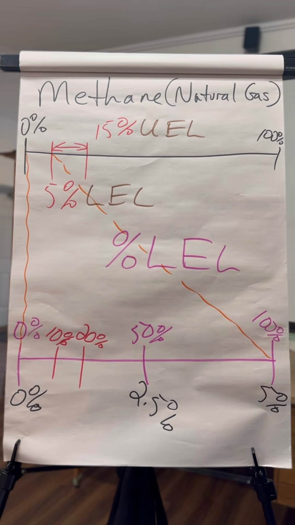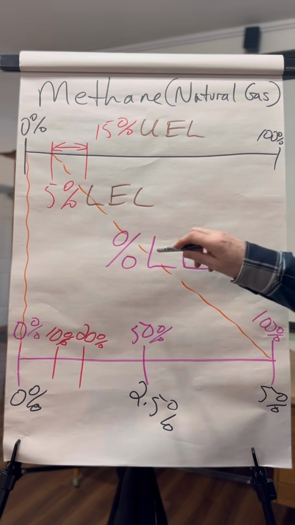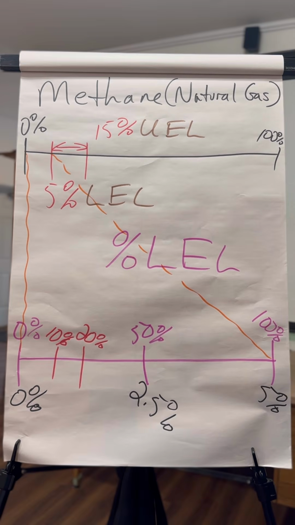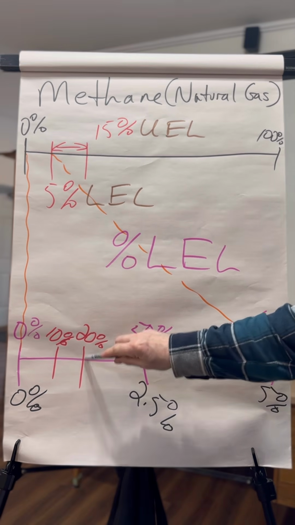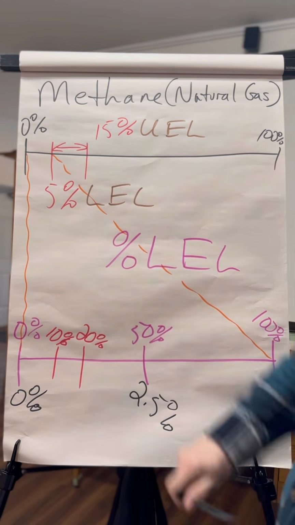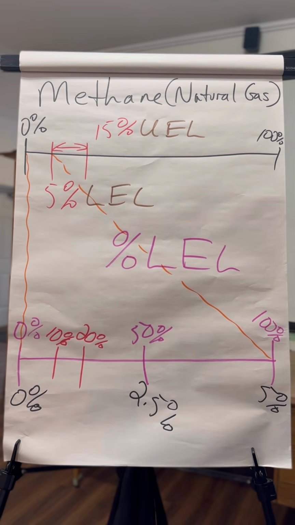Where people get confused is they confuse percent LEL with the actual percent of the gas. So if I have 20% LEL, it's actually closer to 1% of the actual concentration of the gas. Every gas is slightly different in their LEL and their UEL. So that'll change. If it's calibrated in methane, it won't be as accurate